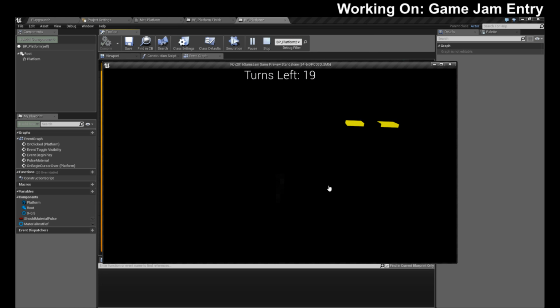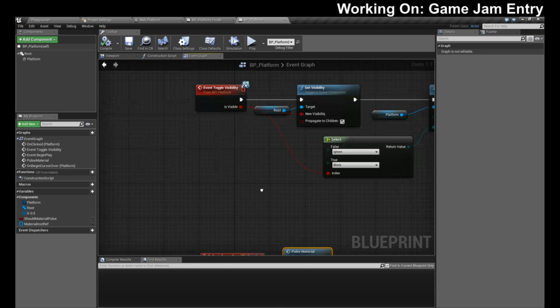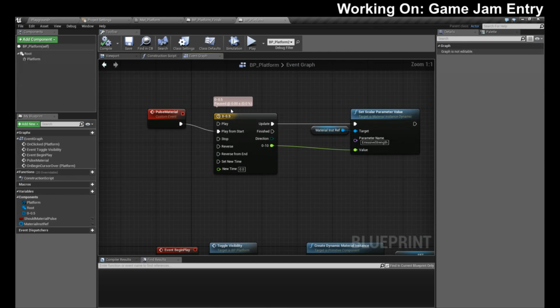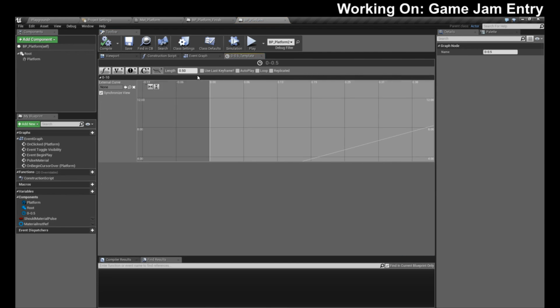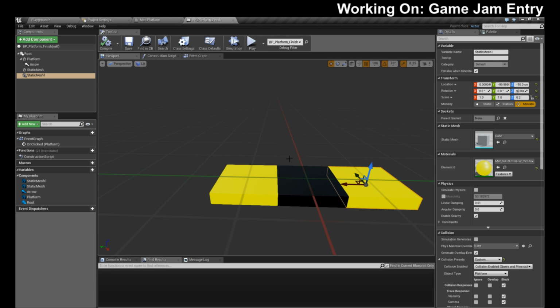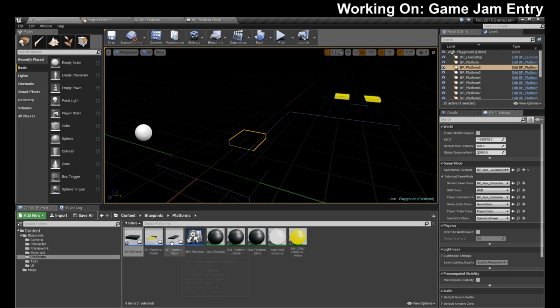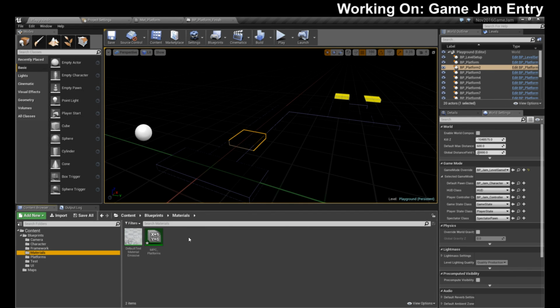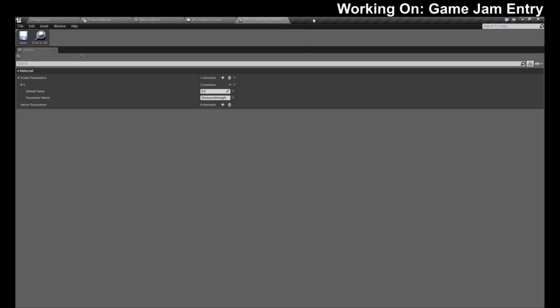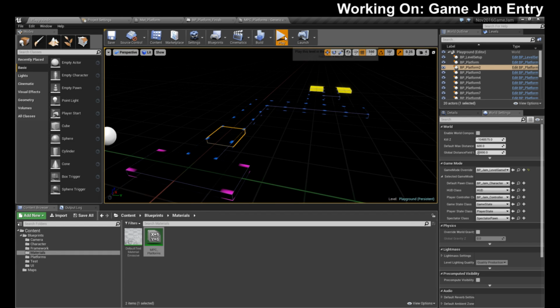Okay, so we obviously broke something somewhere. So let's set our default emissive to, what did we say, 1? Okay, times 0, 1. Yeah, we need to debug what I broke. Let's find our material itself, and let's set its default value to 1 in the material parameter collection. Okay, that at least gives us our colors back.